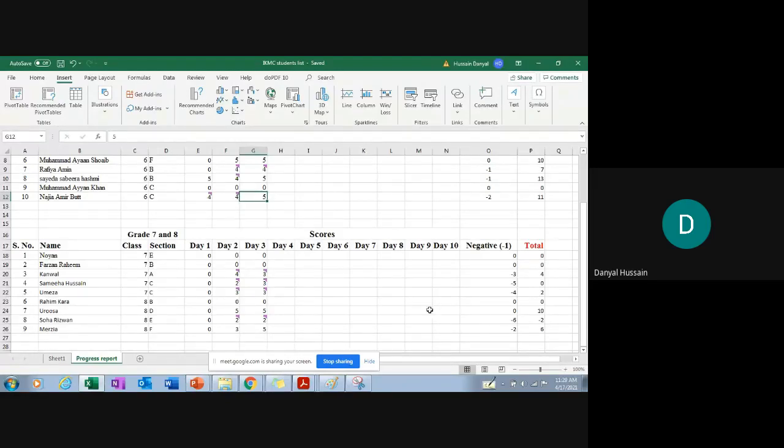You can also go into negative marking, but in the IKMC contest we only get 0 marks, not negative marks. But here you can see one of the students is going into negative marking, because she is giving more wrong answers as compared to correct answers. On day two, 2 answers were correct and 3 were wrong. On day three, 2 answers were correct and 3 were wrong. So 2 plus 2 is 4, but the negative marking is -6, so 4 minus 6 is -2. So be careful while selecting the correct options.